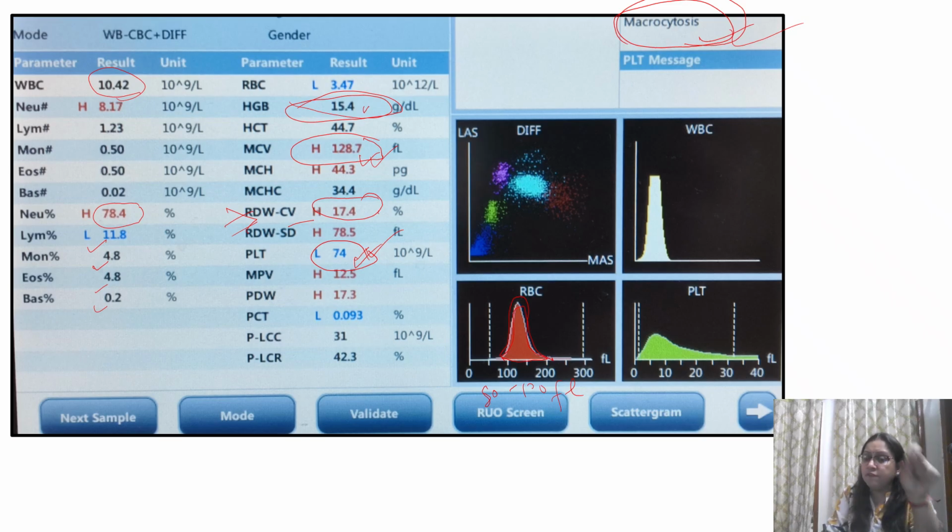levels. However, in view of macrocytosis, with the other history you have to rule out whether the patient is having any thyroid disorder, liver disorder, or alcohol use, or history of any intake of drugs. All those things you have to rule out, and then as a pathologist you will also have to advise that the patient should undergo serum vitamin B12 and folate levels. Then you can go for LFT, then TSH you can advise for the patient. So all those things you have to advise.